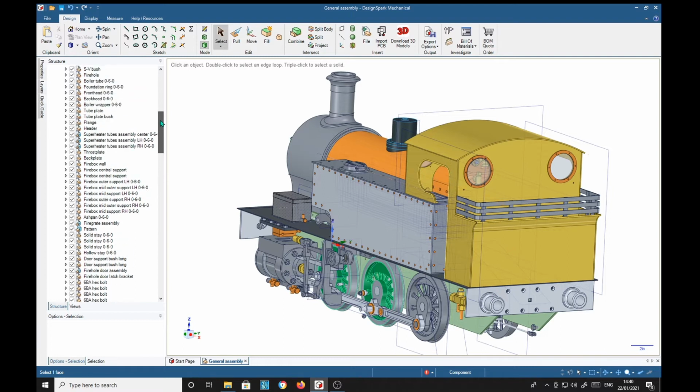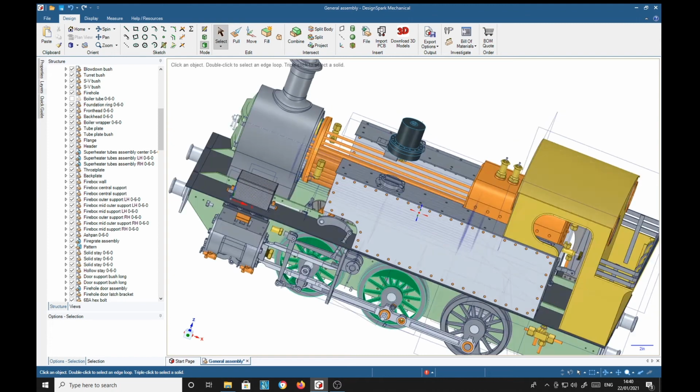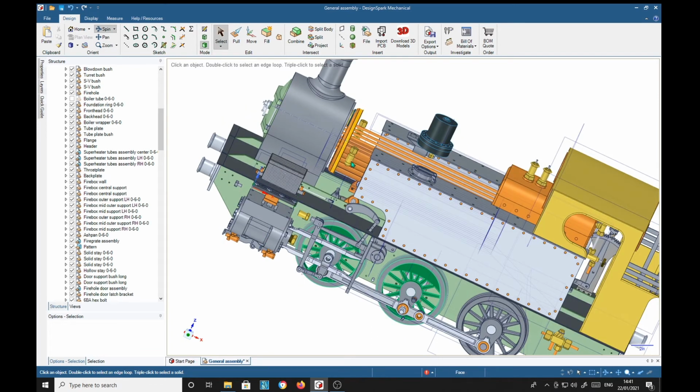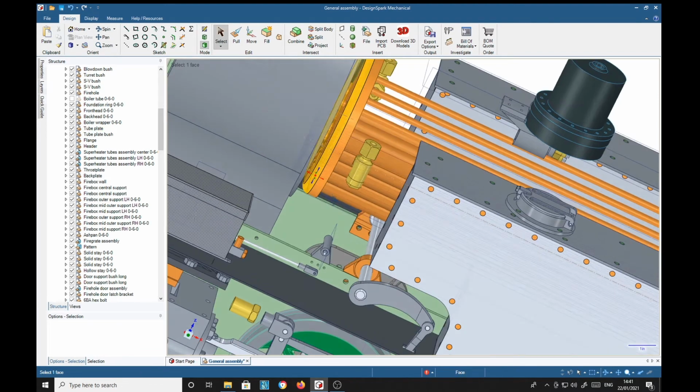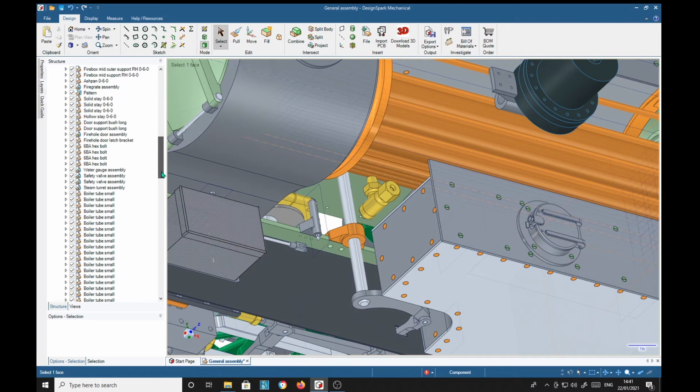Now there is a boiler tube O60, but it's not a boiler tube small. It is in fact the main tube of the boiler, so if I uncheck it, we can now see inside the boiler, and there are large tubes and small tubes, which we saw down here, three large and now all the rest are small. Okay, now then,